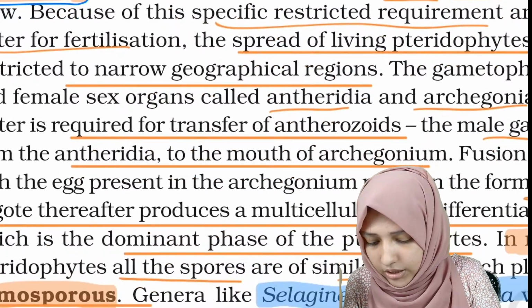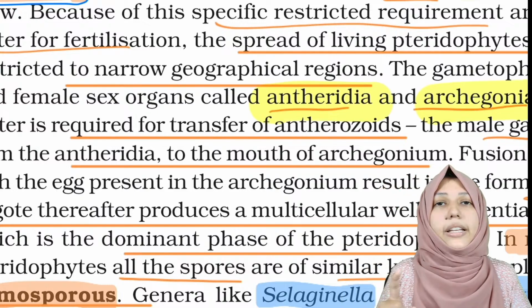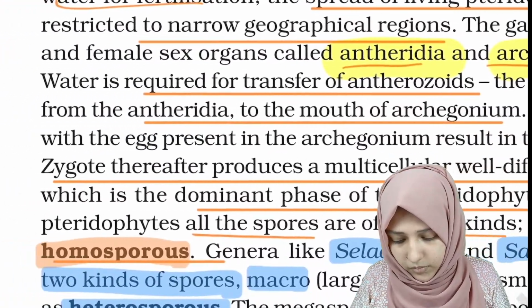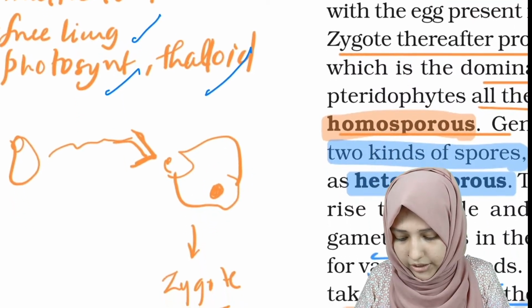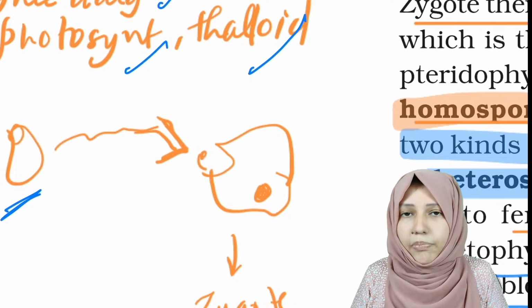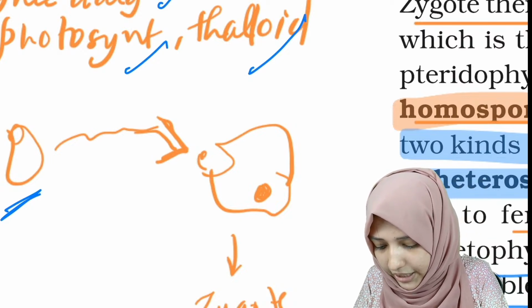they have sex organs. The sex organs are known as antheridia and archegonia. Antheridia is for male and archegonia is for female. Okay, and water is required for the transfer of antherozoids. Okay, now let us see, this is antheridia. This is a pictorial representation. This is antheridia, and the antheridia will